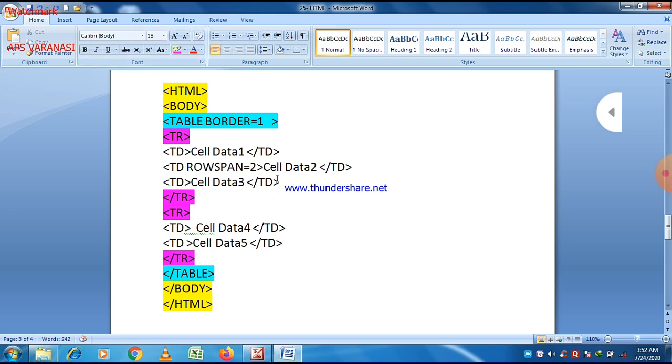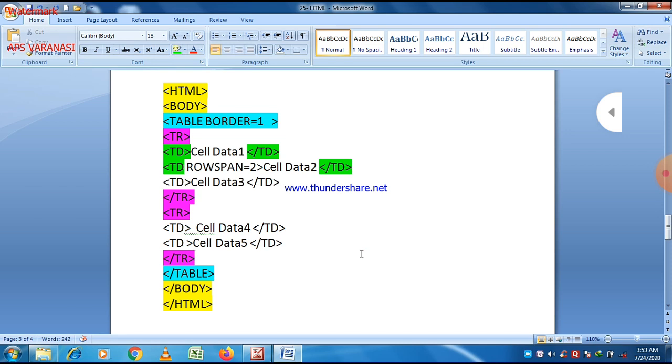And if you want to put data within the row, you should use the td tag, the table data tag, and within the td tag you should mention the data. Suppose here I write the data as cell data 1, and then you can see there is again a td tag here, but in this tag we actually use the rowspan attribute, and as I told you, the rowspan attribute can be used with the td or th tag, or both.